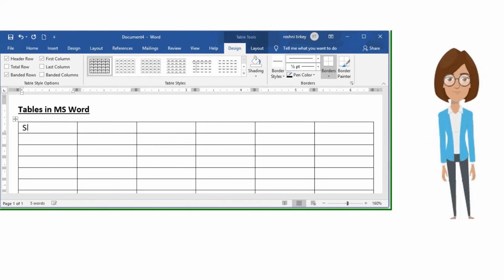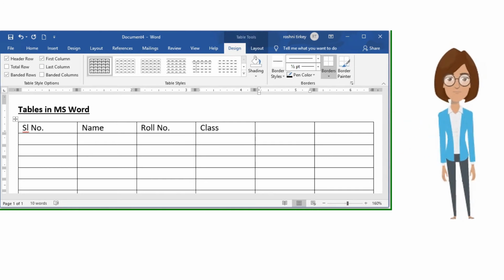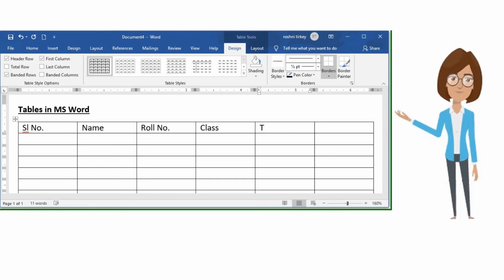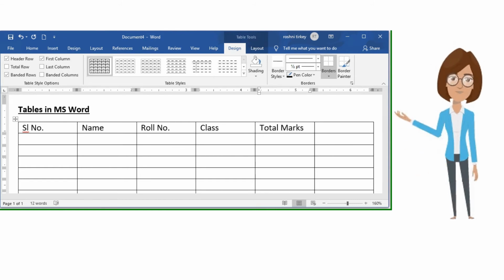Serial number, name, roll number, class, total marks, result.